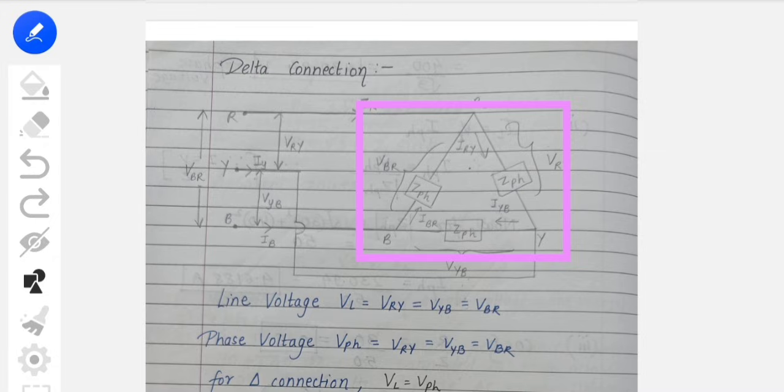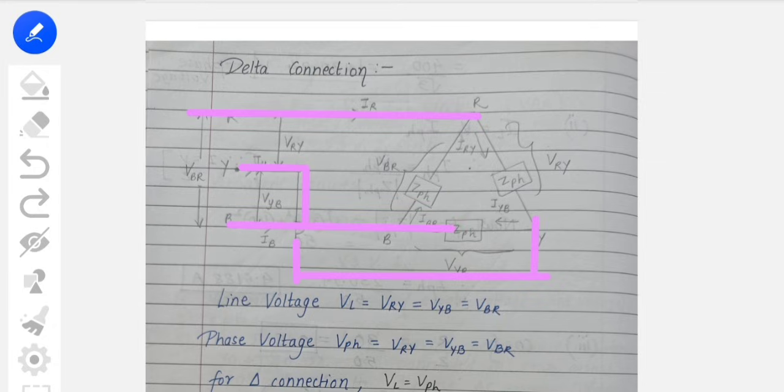Okay, so ZPH, that is phase impedance. Okay, you have to show the balanced connection here. Then you have to show the line voltages for R. So for Y you have to just connect it like this, like this. You have to connect it over this end, as we are making RYB in a clockwise manner. Okay, and this is your B.